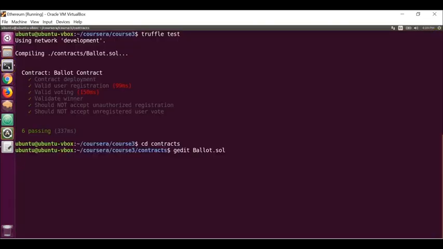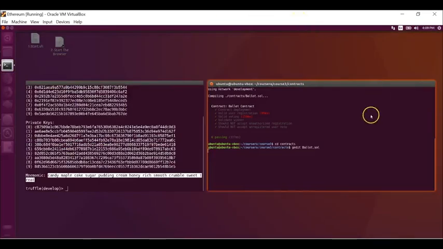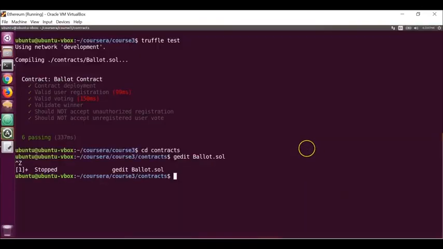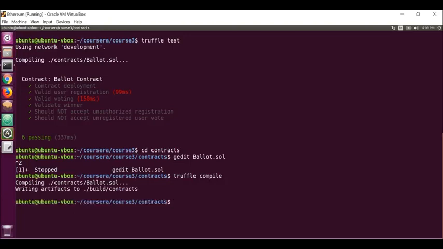Okay, so if I do truffle compile, it does compile, all right. So no compile errors. But there is an error in the specification of the problem. It did not validate the condition that only owner can register other voters. So let's see how we can do it. I'm just going to do truffle test